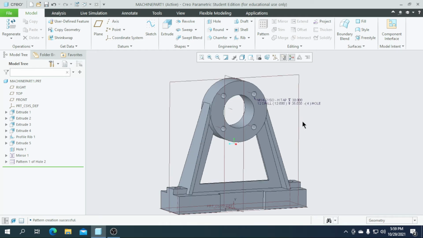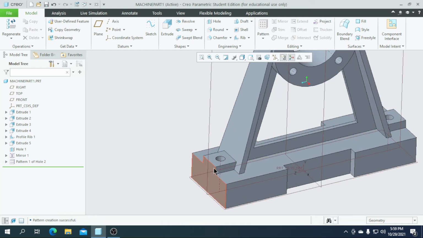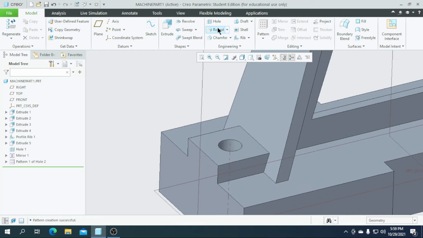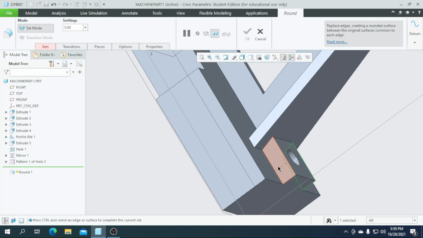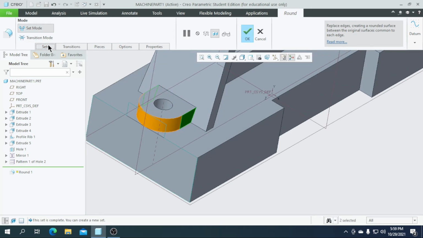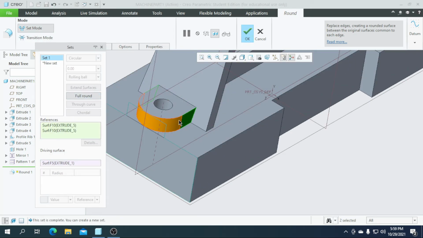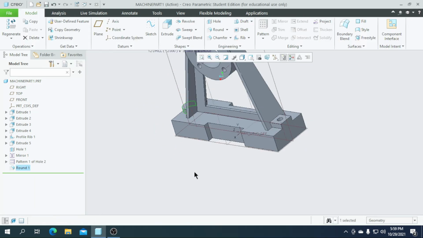Then we are going to create a round. For this, you can see here it has sharp edges. So go for round, select this surface, Control plus select this surface and select this face. You can get a full round, go for sets and search here for the full round. Then click on OK.